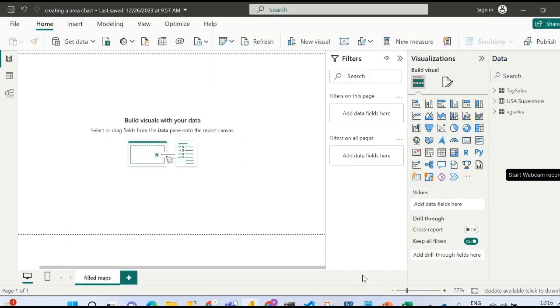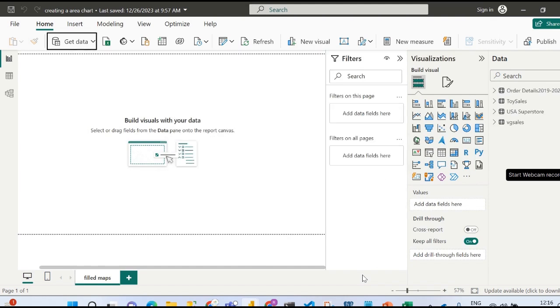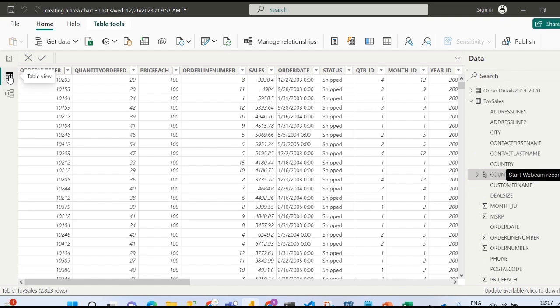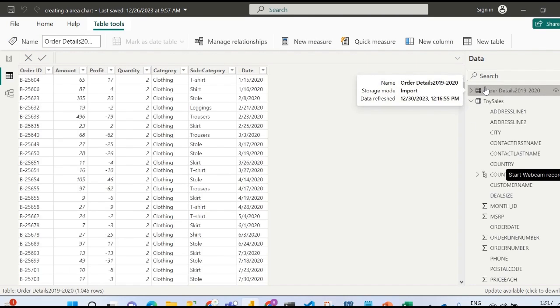As we hit load, we can expand. We can see it is taking a few moments. So what we will do, this is the report view. We go to the table view just to see what the fields are, and if we have any kind of doubt, we click here and there for self-satisfaction about which kind of data we are having. This is the order details data. If we are satisfied,